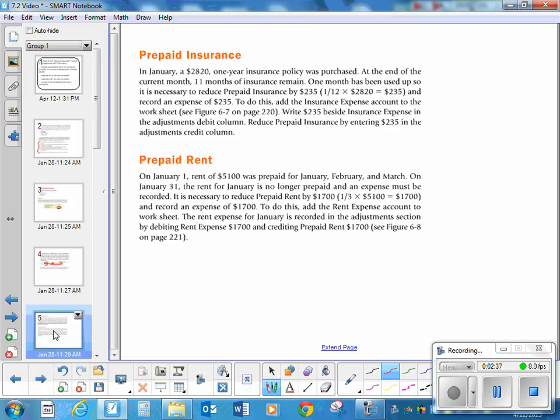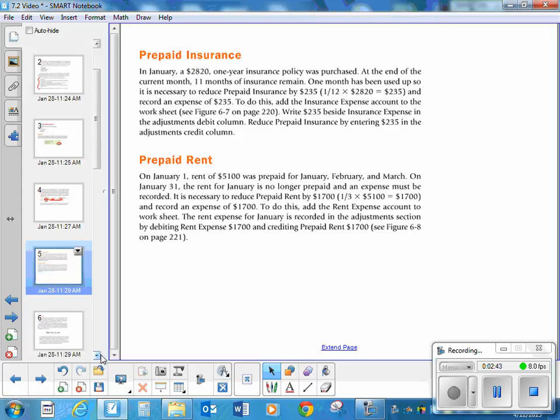Okay, we have to do the same thing with our prepaid insurance and our prepaid rent. So in January, a $2,820 one-year insurance policy was purchased. At the end of the current month, 11 months of insurance remain. 1 month has been used up, so it's necessary to reduce our prepaid insurance by $235. Found that by just dividing the 2,820 into 12 equal parts. So our expense is going to have to be